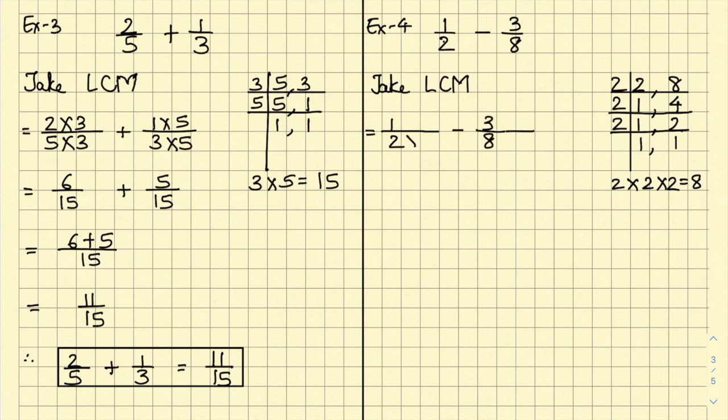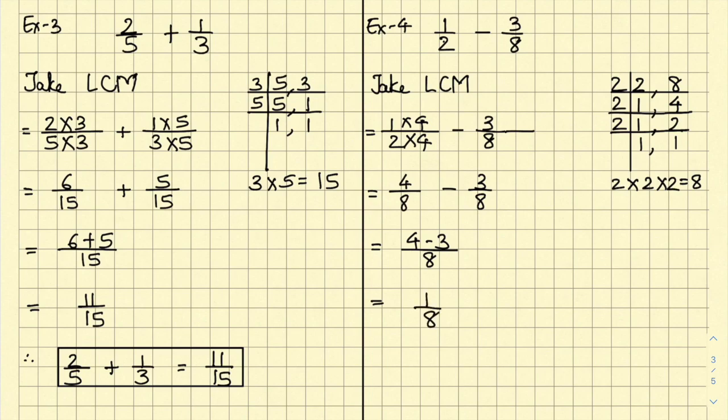Now here 2 multiplied by 4 gives you 8, so 1 also you multiply by 4. 8 is as it is. The denominator needs to be 8, which is already 8 over here, so we do not make any change. 1 multiplied by 4 gives 4, 2 fours is 8, minus 3 over 8. So you get the same denominator 8, and 4 minus 3 is 1 over 8.